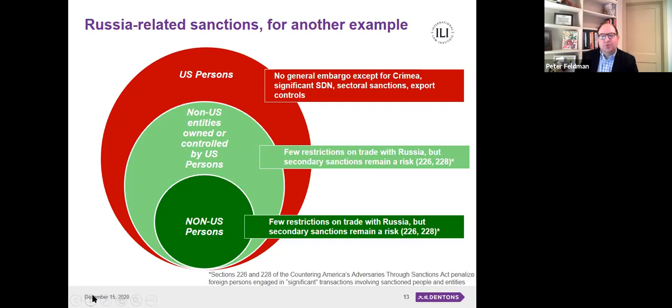Again, here, the scope of sanctions restrictions narrows when it comes to non-U.S. persons, non-U.S. entities. But again, we also have increasingly this sort of backstop, this overhang of secondary sanctions. And I'll highlight one in particular because it's essentially a catch-all. There is actually a provision of U.S. law, Section 228 of the Countering America's Adversaries Through Sanctions Act, or CAATSA, which allows the United States to impose sanctions on anyone, U.S. or non-U.S., who facilitates a significant transaction on behalf of a person subject to sanctions with